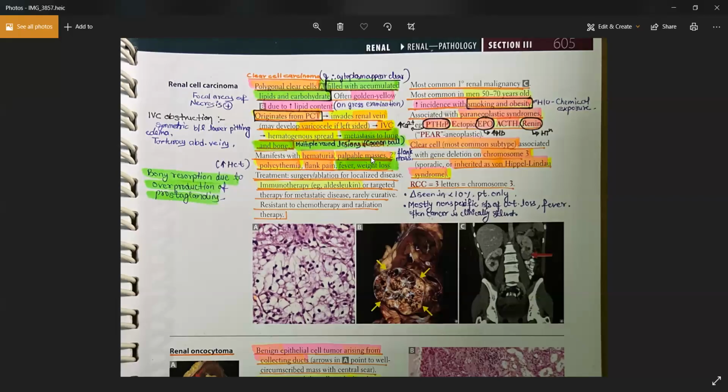Okay, the hematuria, palpable mass, and flank pain are generally not seen in this patient. Just the fever and weight loss. The patient will also have lung symptoms like shortness of breath, and bone pain. You do the biopsy of the lung, you do the biopsy of the brain. What you will find is clear cells, and that's how you know the tumor must have metastasized to these locations from the kidney.